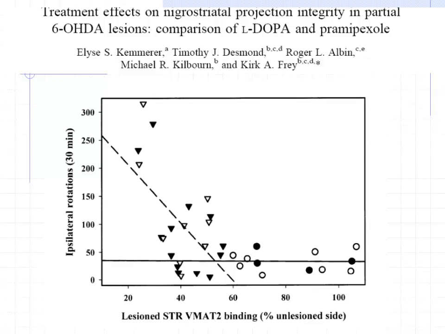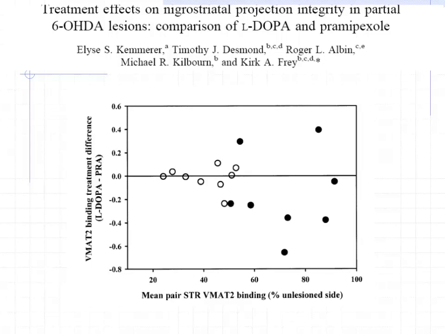So what we then did was to assign pairwise definitions of these animals based on their rotation to receive a month's treatment with either levodopa, the direct converted to dopamine agent that some had speculated might be toxic to nerve cells, versus a dopamine agonist, which some had argued might actually protect dopamine nerve cells. And here now, from pairs of these animals, is the result on VMAT binding,